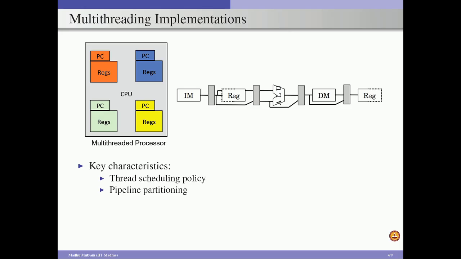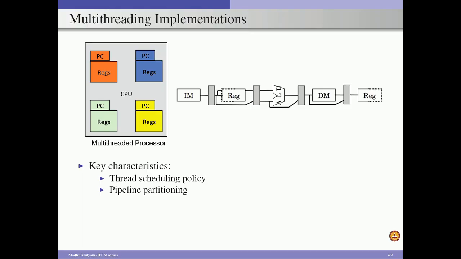So, which thread should be selected for executing the next instruction? Because we have 4 hardware threads and each hardware thread will have some software thread mapped onto it. Now, do we fetch the instruction from the software thread mapped onto this hardware thread, or the other one? So, how do we select?